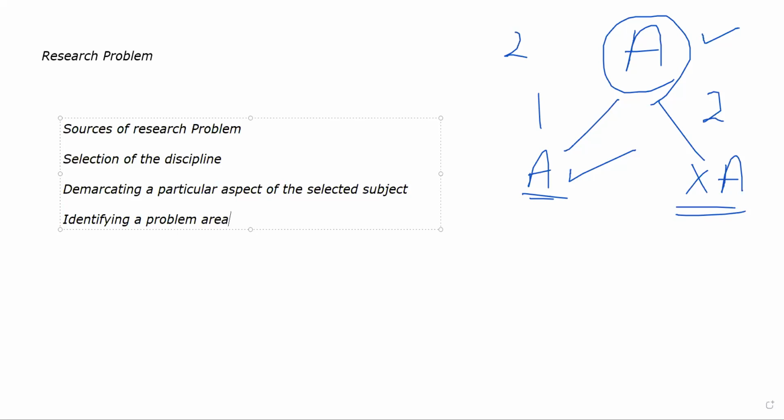Okay, once you have demarcated a particular subject, let's suppose you are looking at cardiothoracic, and you are specifically looking at cardiovascular diseases, specifically affecting the heart. Imagine you want to perform research on LVH, left ventricular hypertrophy, in patients who have hypertension. It is fairly common that patients with long-term hypertension will develop left ventricular hypertrophy. The left ventricle will become thicker and larger. That is left ventricular hypertrophy.